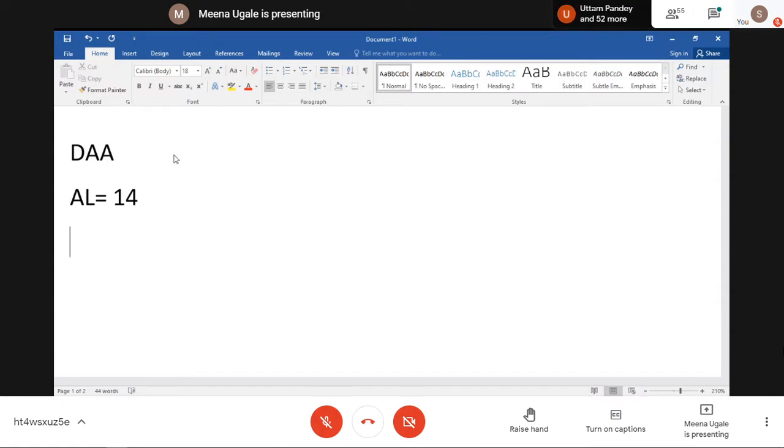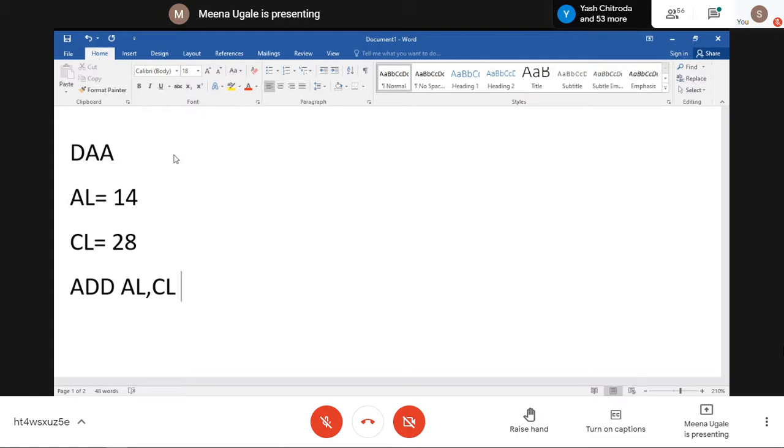You can take any general purpose register. I am just taking these two registers. Inside AL, for 8-bit data, I am considering the number 14. Inside CL I am considering the number 28. This is a random example. You may assume any 8-bit data. Now I'm going to write an instruction like ADD AL, CL.